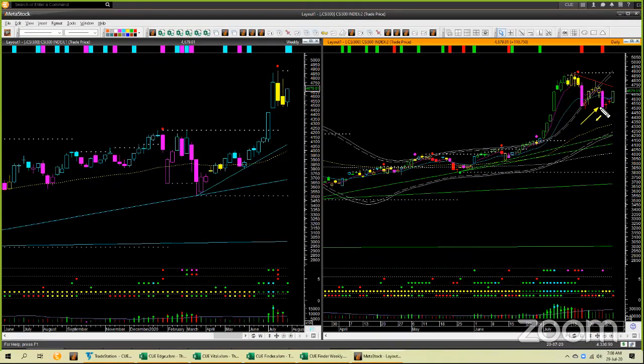On this day, it gave a magenta flow color candle in the daily chart, but you can see the daily never changed color to magenta. Therefore, we didn't have any go with flow, trend following, short trade setup, and there was no other short trade setup. There was no headwind short setup because no headwind signal was there, and no box setup or bounce setup